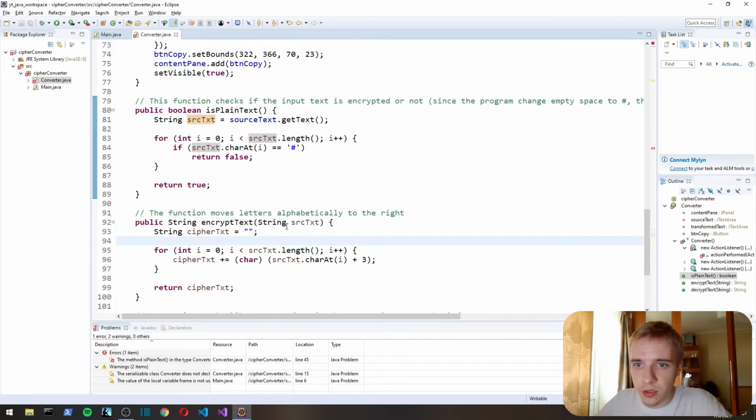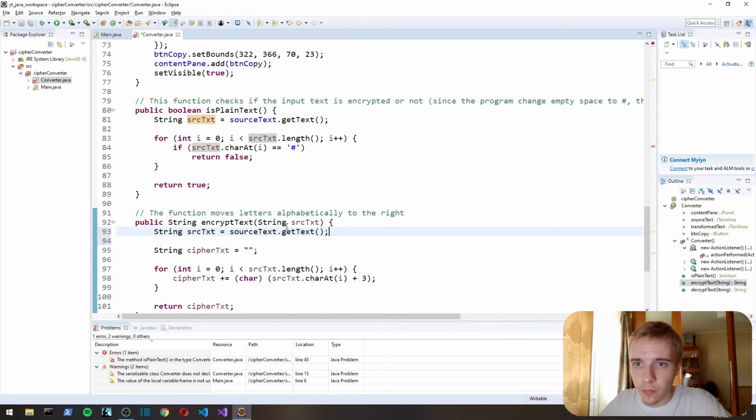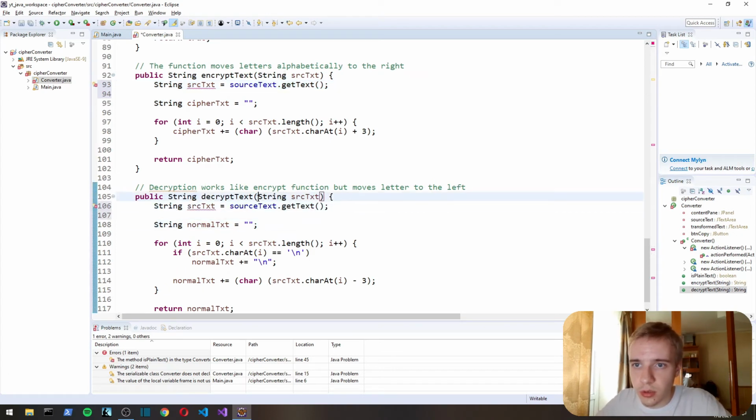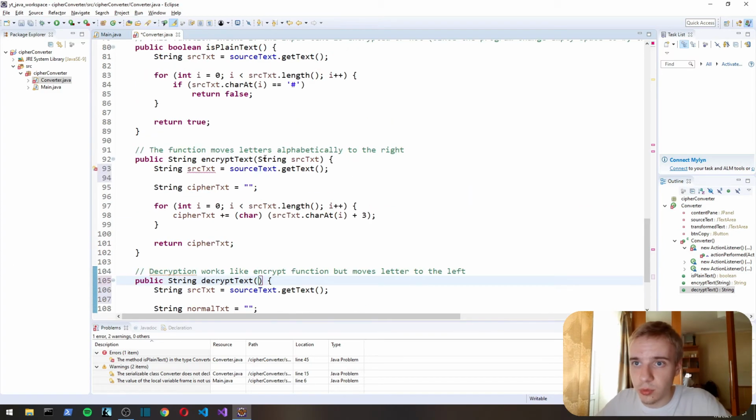Txt here as well, and here as well. So instead of using parameters, we're gonna use the fields that we actually have in this class,